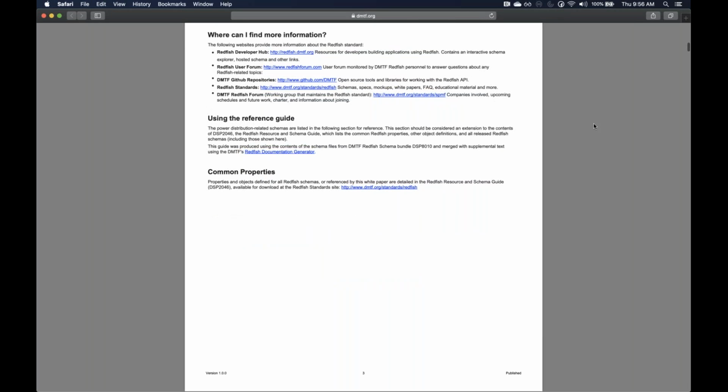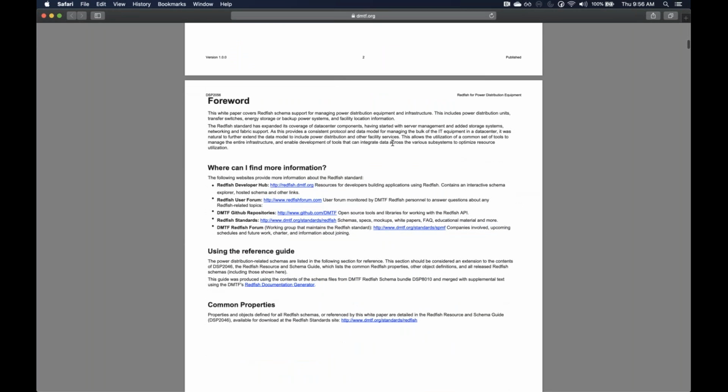This page here, the foreword, was kind of boilerplate text I took from some of our other documents, so not a lot there. The foreword has a new paragraph that says what this is. The rest of that page was boilerplate that I grabbed from our other documents. And if you go down to the next page,